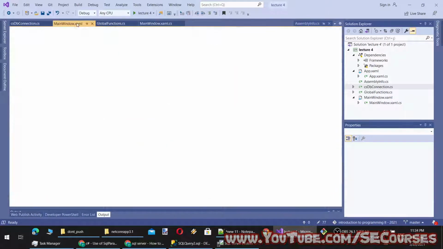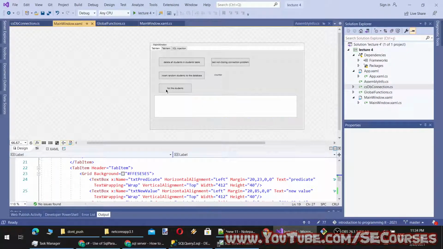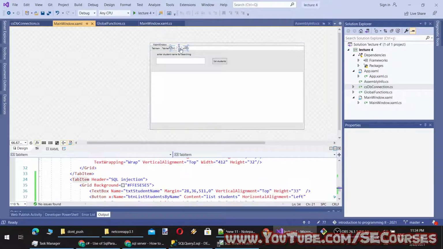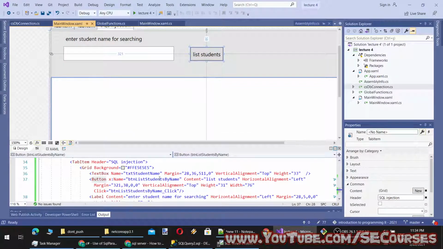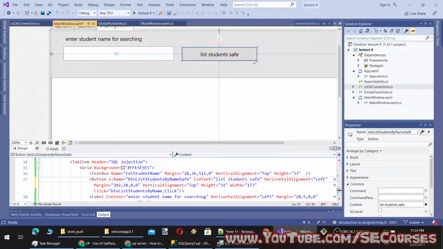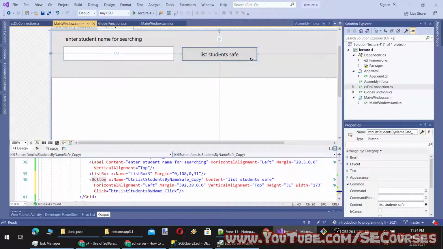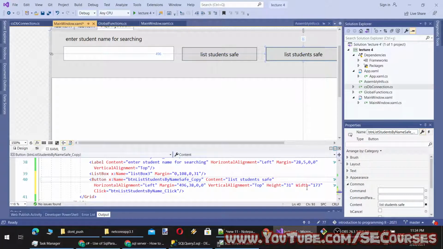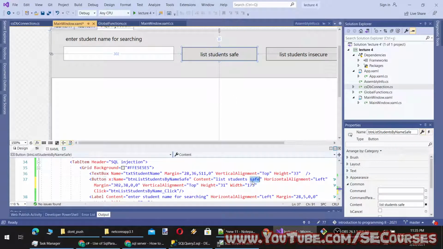So let's add another button to test it. SQL injection, list students by name, save. Then I will copy paste it. List students insecure, and this can be named as secure.